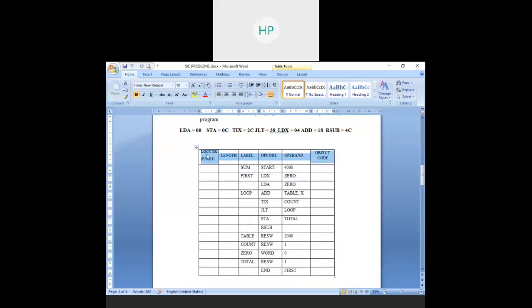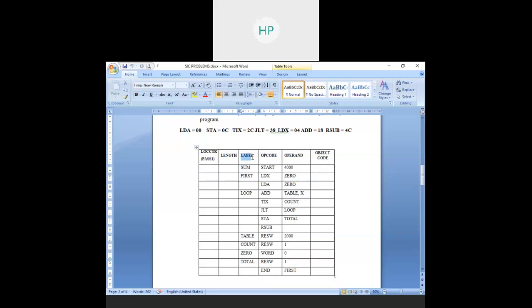One thing I have to add here is the line number. Along with that you have to generate the location counter, and these three are very important: label, opcode and operand. Whatever you learn, this is the output of my assembler. The input to the assembler is only these three columns plus one more column, my line number, which will be added by the compiler, because you will get syntax errors at that particular line number. So your compiler will add the line numbers along with the ASM code.